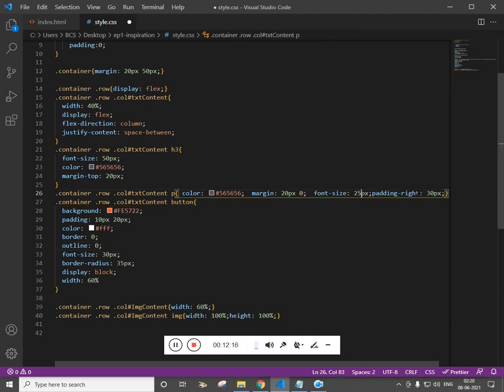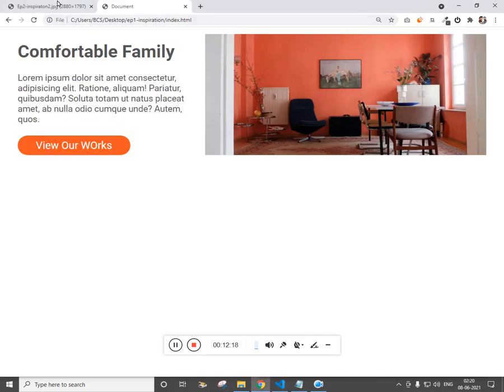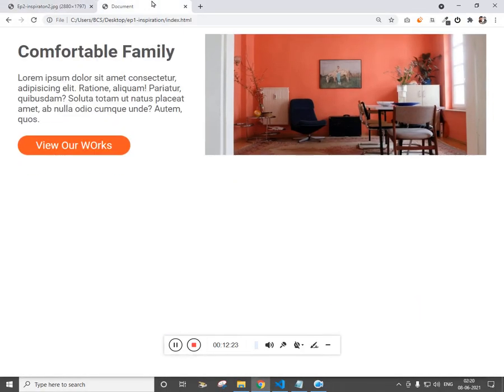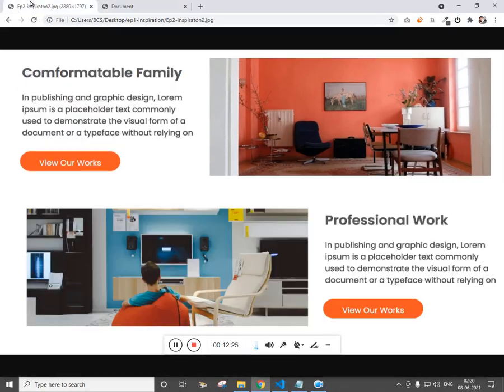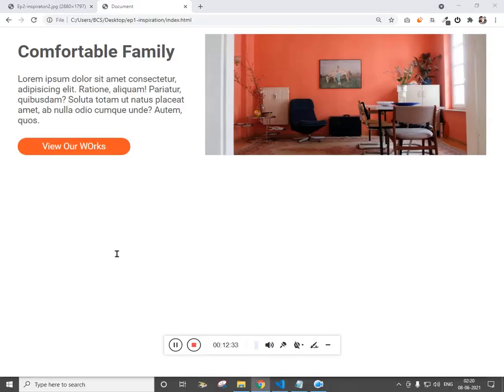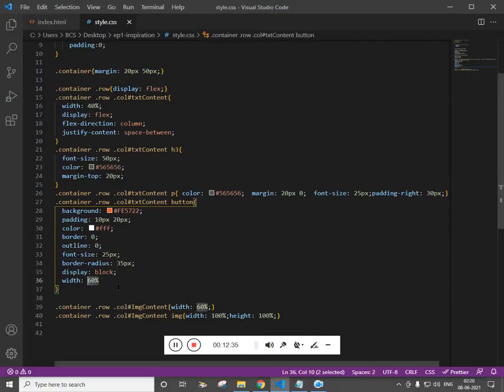Let me decrease it to 25. Fine, almost done. Let me decrease the font size for the button to 25 and the width be 55.